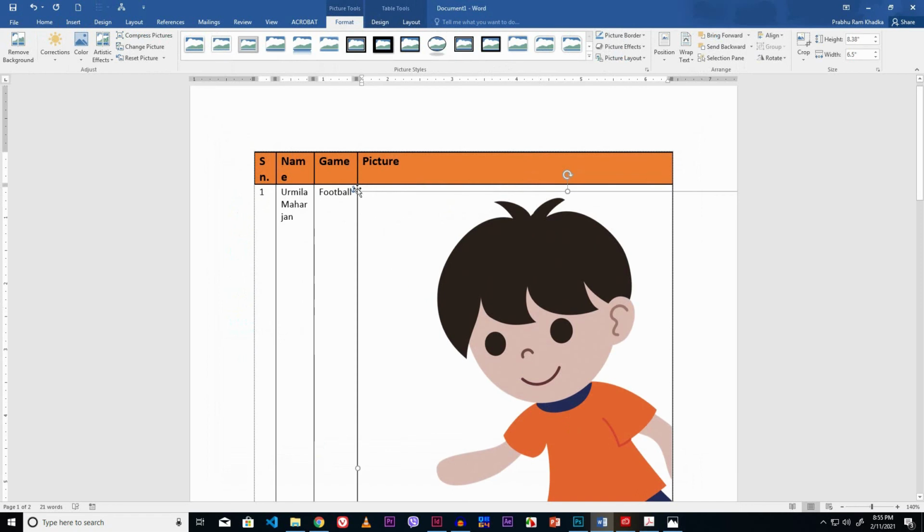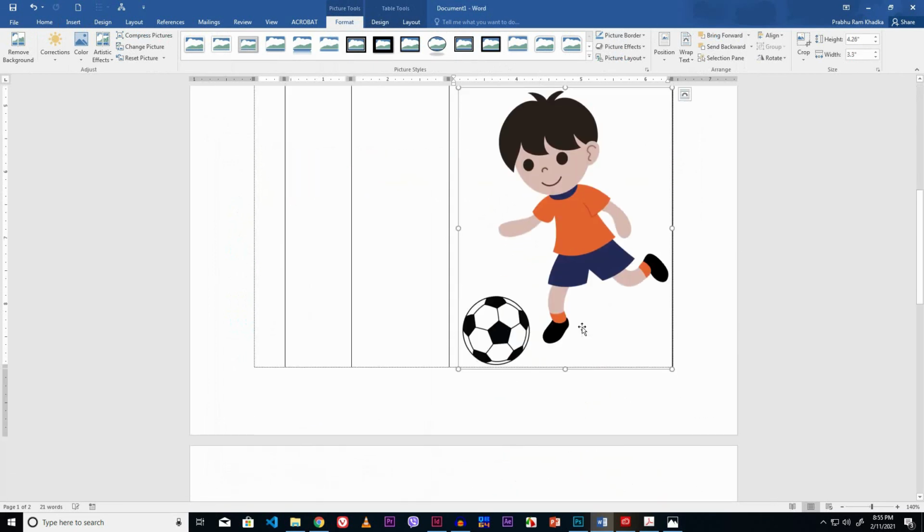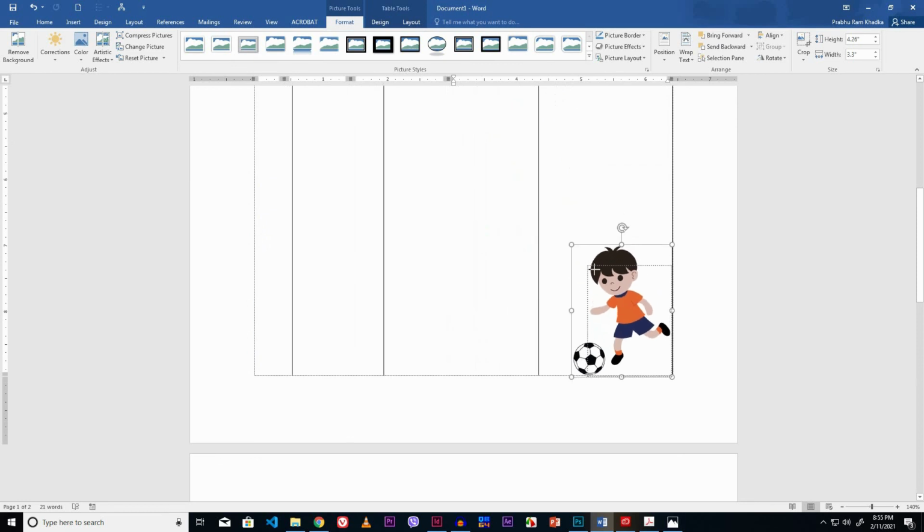Resize this image using resizing handle. Now position this image.